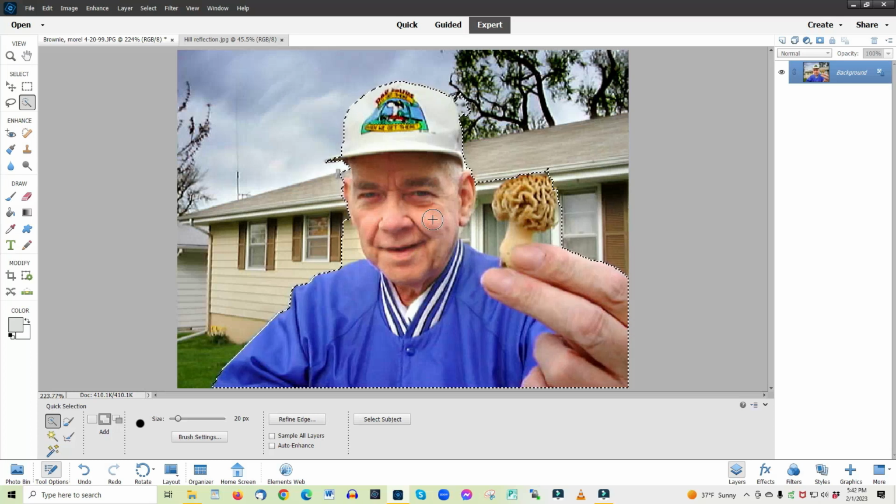When we want to move the marching ants inward toward the subject, you need to hold the Alt or Option key down, depending on if you have a PC or Mac. Holding the key down changes that plus sign to a minus sign. You notice the minus sign in the circle? So now we're working the dots inward